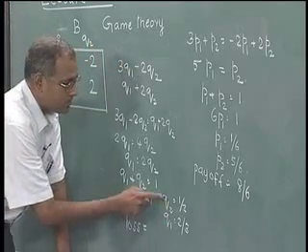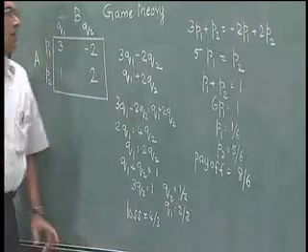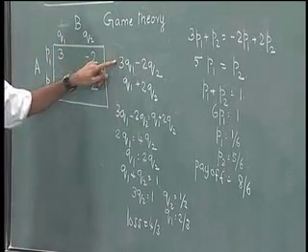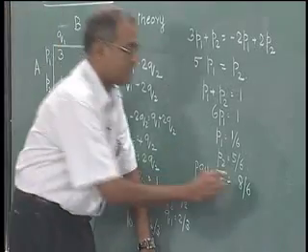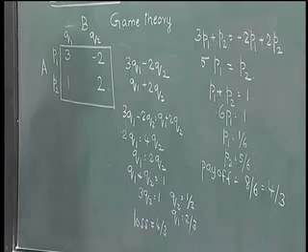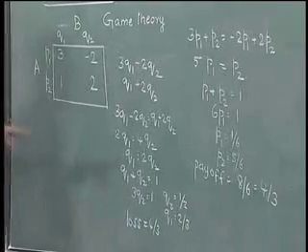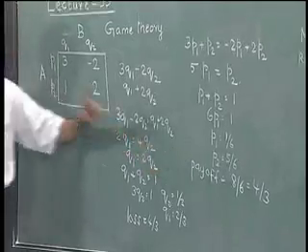So, q 1 plus 2 q 2 is 2 by 3 plus 2 by 3, which is 4 by 3, or 3 q 1 is 6 by 3 minus 2 by 3, which is 4 by 3, and this 4 by 3 is the same as 8 by 6. So, at the end of the game we realize that A's expected profit will be 4 by 3,